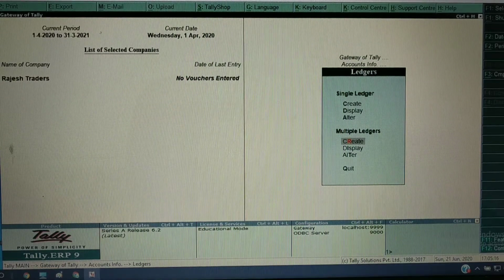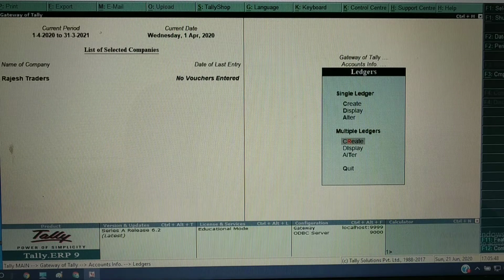Hello everyone. In this video, I am going to explain how to enter transactions in a contra voucher. In a previous video, I had already explained how to enter bank related transactions in a journal entry. The same 3 examples I had explained: one example on deposit, one on withdrawal, and one on transferring an amount from one bank to another bank. The same examples I am taking, and I am going to show how to enter these transactions in